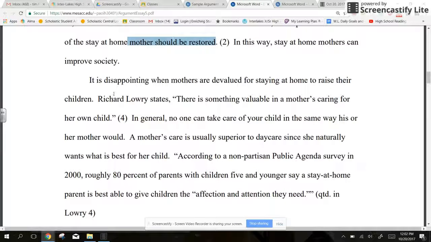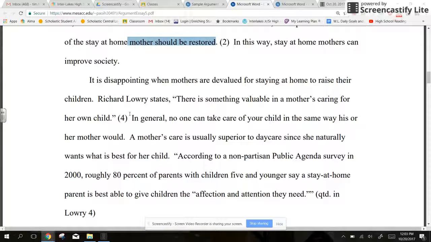It is disappointing when mothers are devalued for staying at home to raise their children. Richard Lowry states, there is something valuable in a mother's caring for her own child. Again, a direct quote, then supported by a citation. And we can talk about the proper formatting for this citation later. In general,